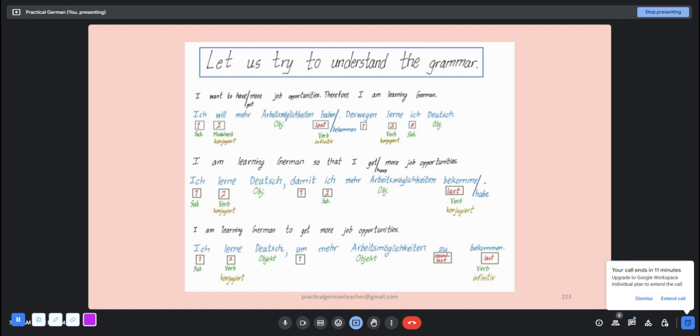You cannot use zu here. How will you say, I'm learning German so that the Ausländerbehörde gives me an appointment? Where will you write Ausländerbehörde in this phrase? There is no place. What I'm trying to say is that there is only one subject in this way of talking. Makes sense? When you use subject, verb, object, zu, verb, the subject is the same, but if there are two different subjects, then you have to use damit. I hope I'm making sense.